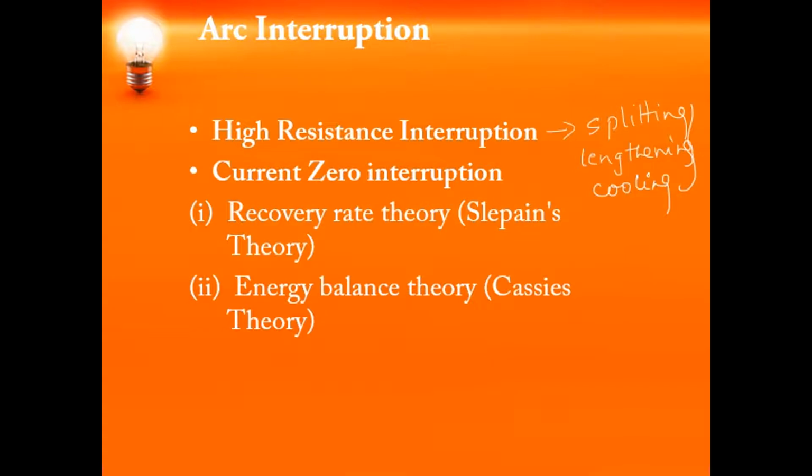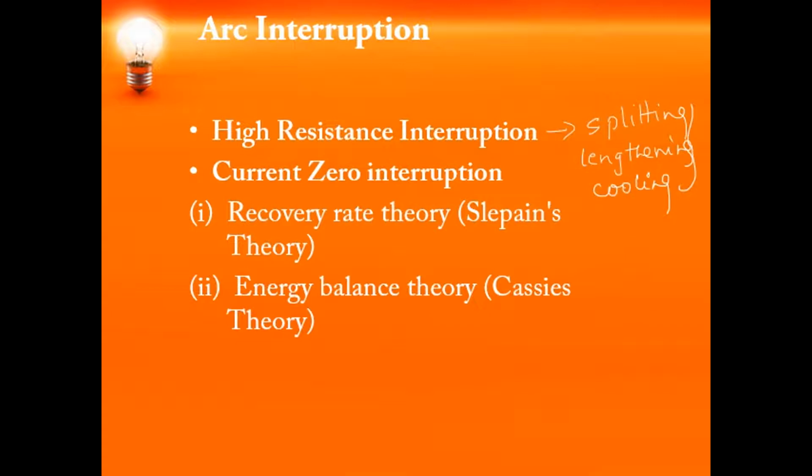to zero. So what happens when the current is interrupted? When the arc is interrupted, a very high voltage appears across the contacts of the circuit breaker. If this voltage is very high compared to the withstanding capacity of the breaker contacts, then there is a chance that the arc will strike again. So this method is not suitable where we need to interrupt a very large current. It is used for low power AC and DC circuit breakers.